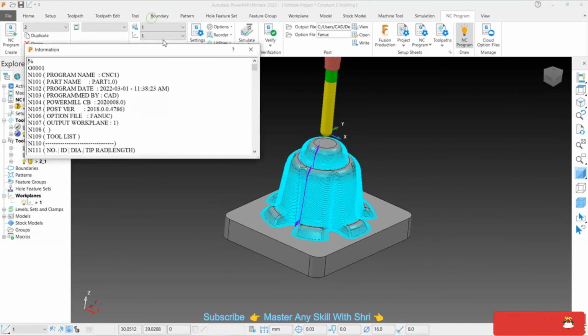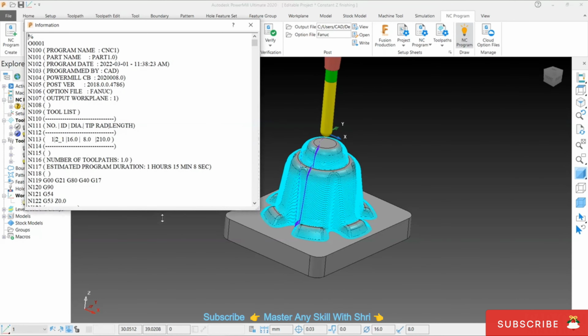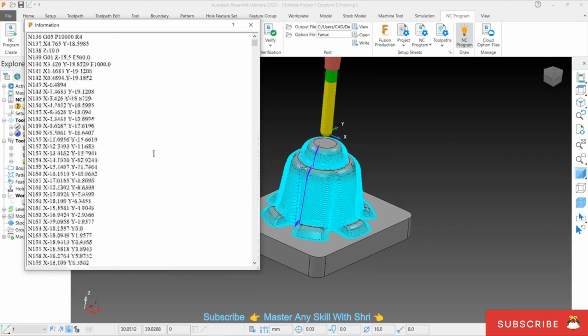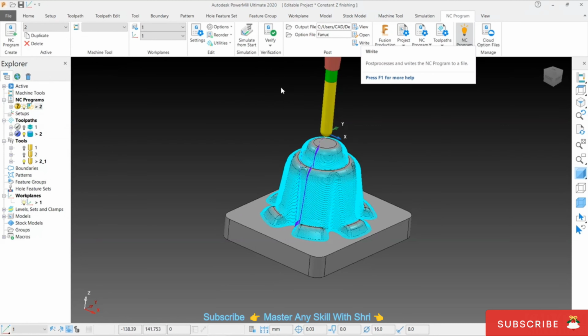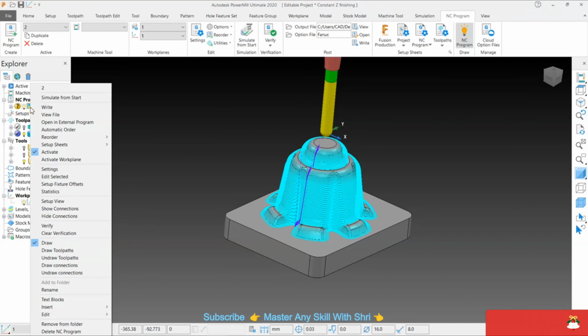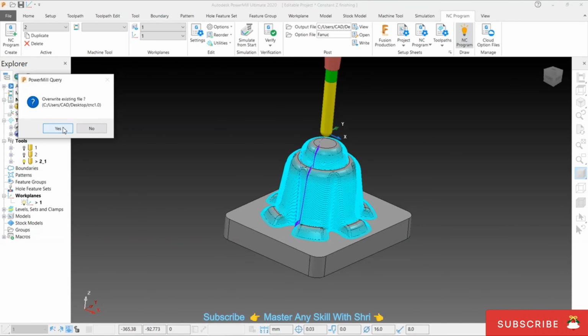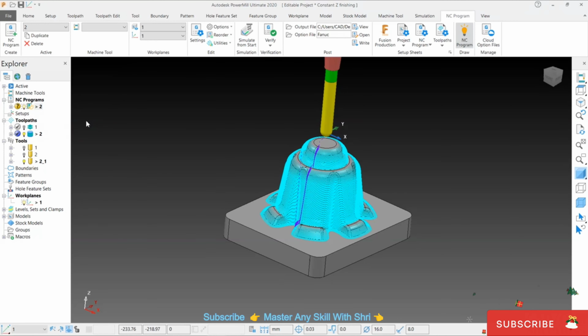So here is the information window. If you click this view, you can only view this file, and with open you can edit this file as well. Okay, and here we have one more option like this. Right click here and view file, you can see from here. Okay, and write, we can write it here. See, it is already written. You want to overwrite it,